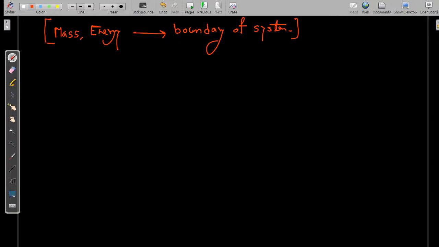ओके, सिस्टम के अंदर क्या आ रहा है दैट डज नॉट कंसर्न यू. वॉट एवर क्रॉसिंग द बाउंड्री ऑफ द सिस्टम, दैट इज माई मेन कंसर्न. ये आपको और समझ में आएगा when we'll study about the thermodynamic work. Okay, so now we have defined the